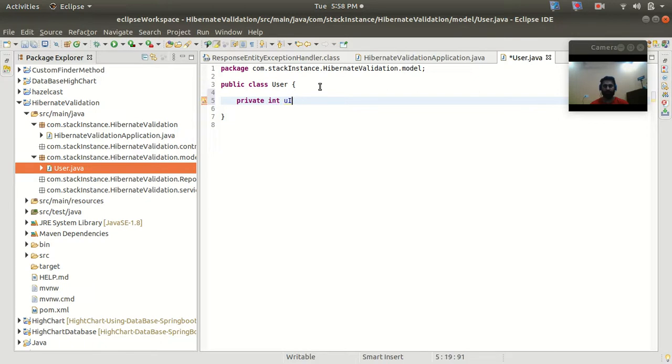So this is the user ID, and the next attribute I'm going to keep as a string, uname. So this is the username. So next attribute I will keep as an email. So this is the user email, all right. And the next I'm going to keep as a uct. So this is the user city,